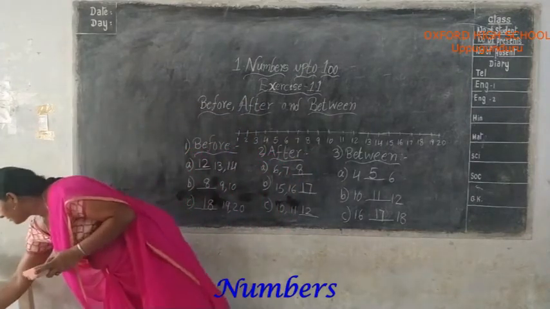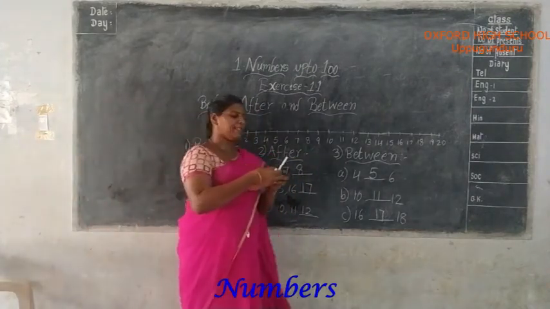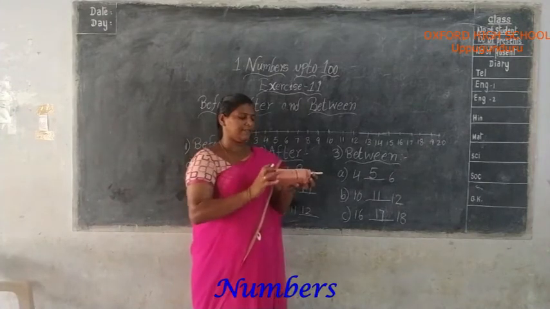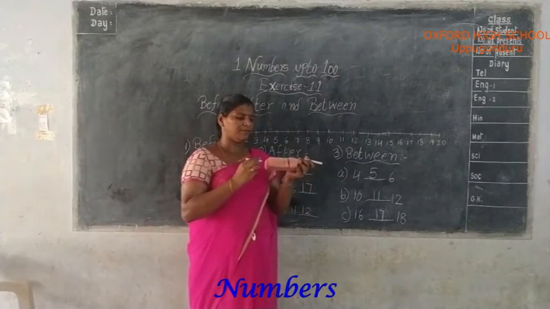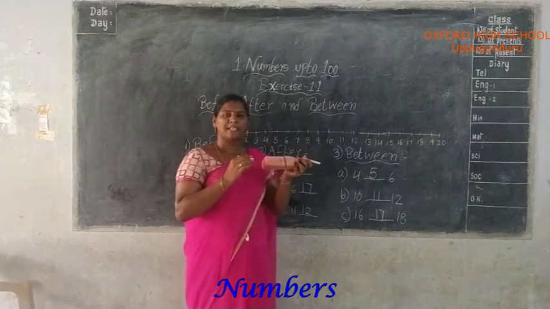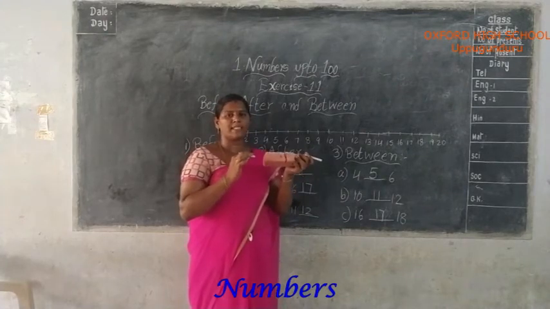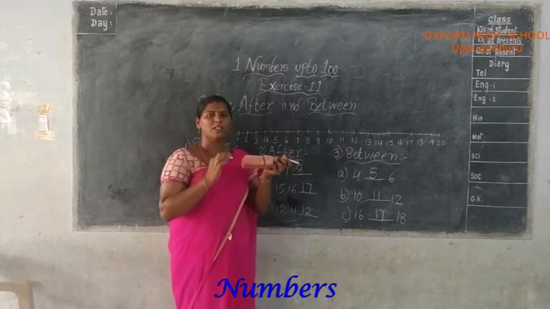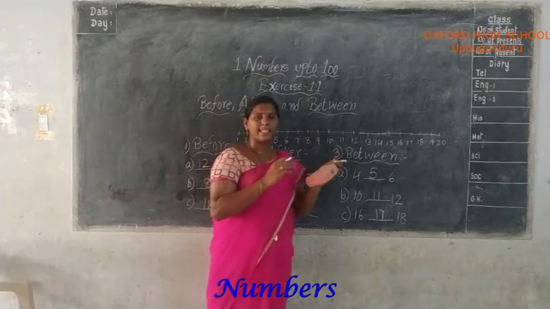Here we take 2 chalk pieces. Like this we put. Duster is between 2 chalk pieces. Okay, these are examples for